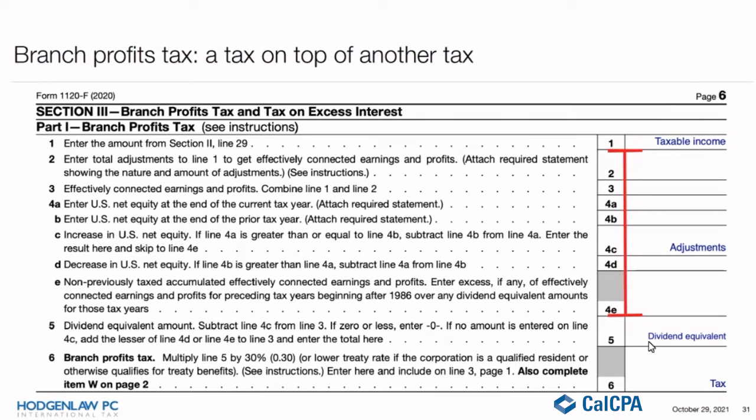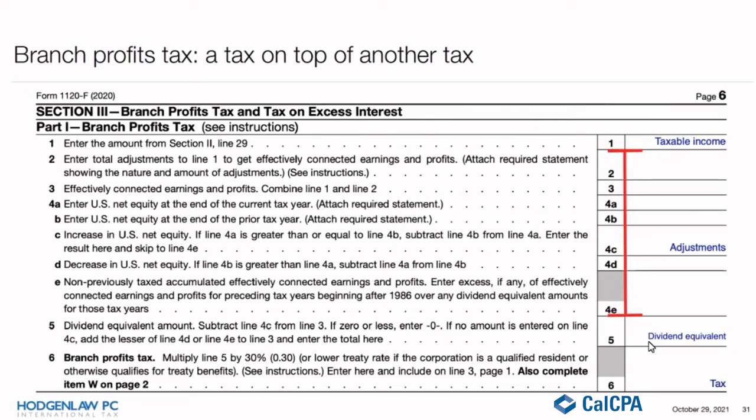they're trying to make it a matter of indifference to you for tax purposes, whether you use a foreign corporation operating in the United States directly as a branch, that's the jargon, or you use a U.S. corporation, a subsidiary. In either event, they want corporate income tax on profits to be the same. And in both scenarios, the tax imposed on the shareholder for distributions from that corporation to be the same. So the whole purpose of 4A through E is to get you to that line 5, which is the dividend